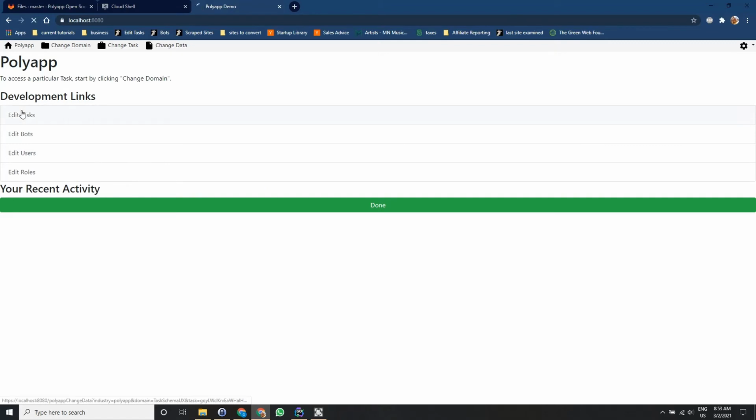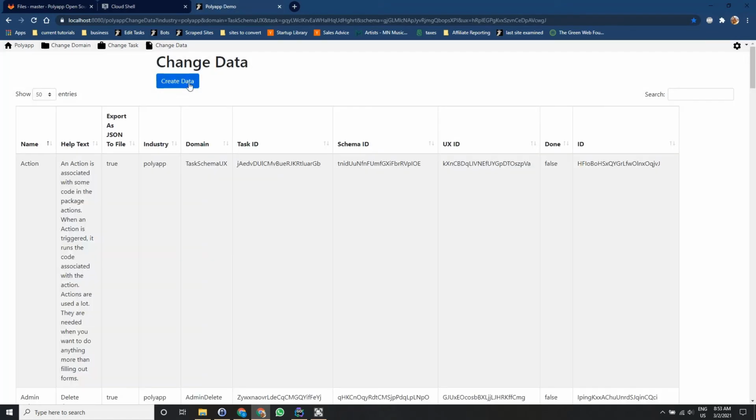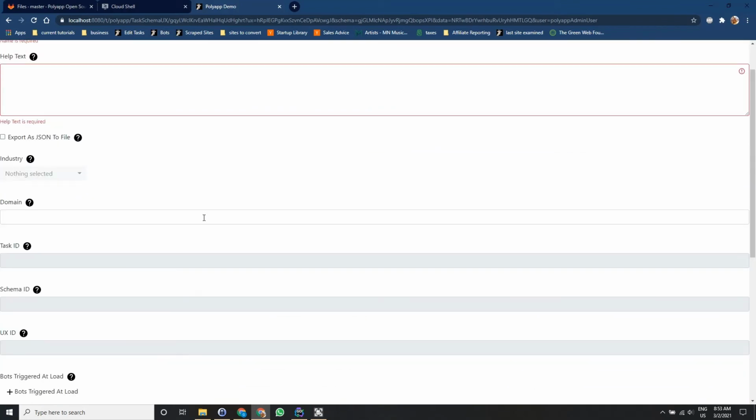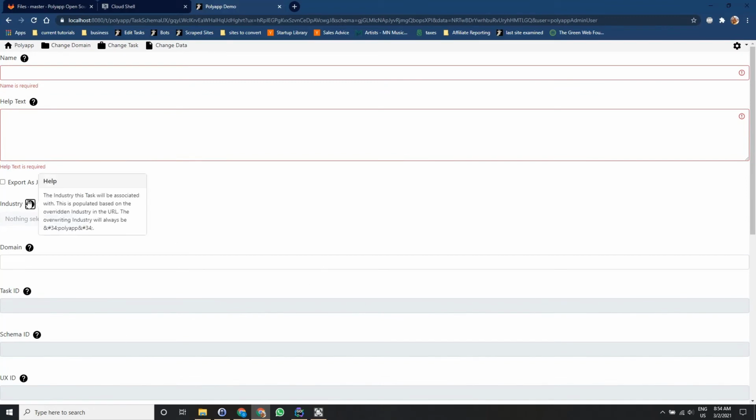In order to create your own task, you want to click on Edit Tasks, and then this Create Data button. From here, you'll be taken to the Edit Task task, which I know sounds a bit repetitive, but you'll be able to name the task, add some help text, and do everything else you might want to do in order to create a task. And I think it's a good practice, after you first install Polyapp, to create your first task, just so that you get a feel for how you create tasks in the system. You know, how do you navigate to tasks in the system? For instance,